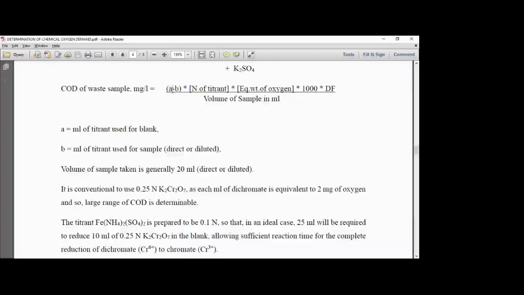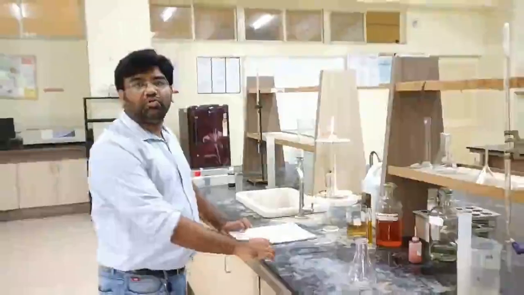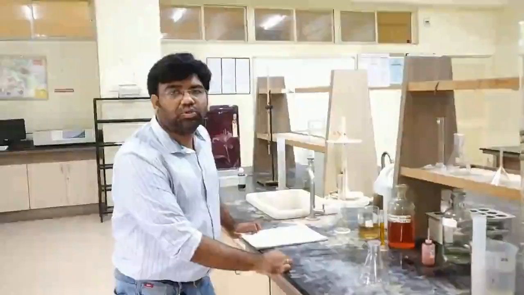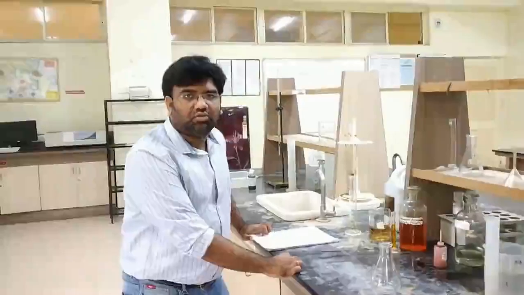So A will be on the higher side because it is distilled water, you do not have any pollutant, and B will be on the lower side because it has the pollutant, and there will be more potassium dichromate utilization here. So A minus B will always be positive, and you will get the value of COD in a very simplified manner. Now we are going to perform the standardization process for ferrous ammonium sulfate, which is the titrant